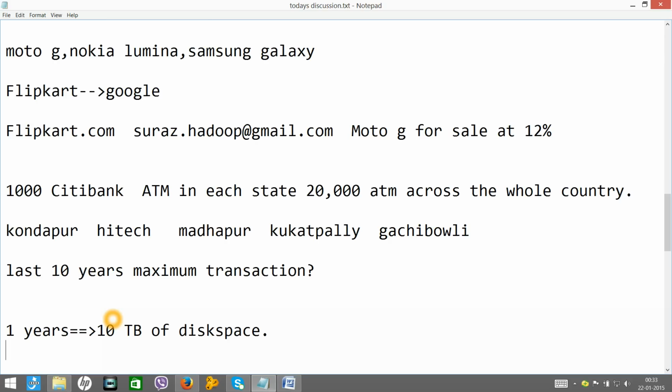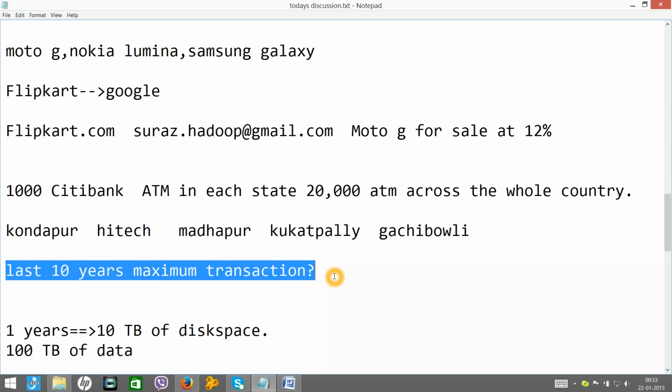Now to store 10 years of data, you need around 100 terabytes. You may not have 100 terabytes of disk space on a single disk. So here the data is very huge, but you need to process it because your business demands it.